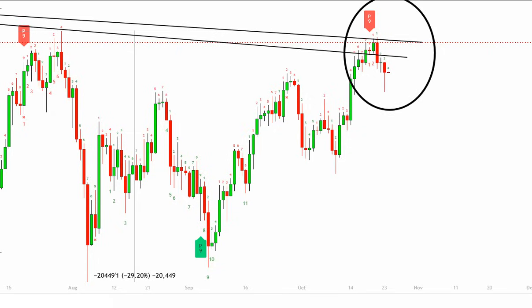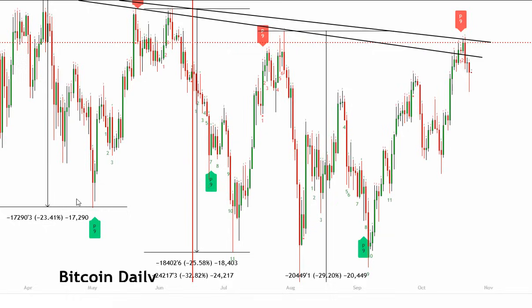Is this 9 count going to be associated with a lower high, lower low, or a higher high and a divergence? We're watching to see if this 9 count is going to be associated with a reversal. Do we see something like this over here, or do we see something like this over here where it just marks a turning point? We pull back, we get a higher low. So do we see something like that happen here? So we'll be watching